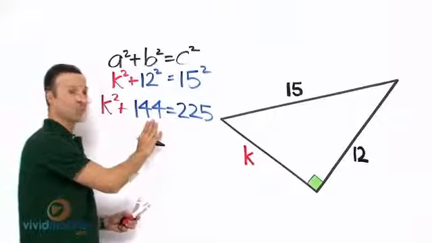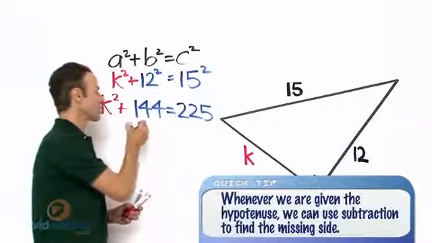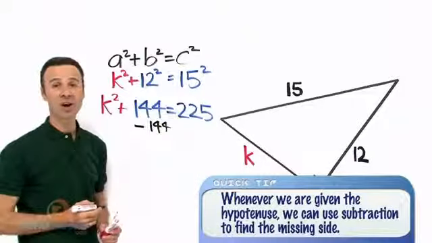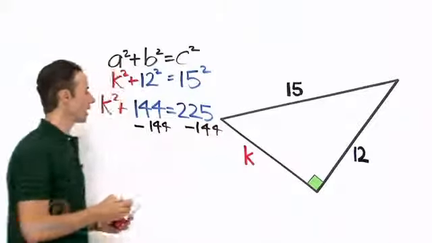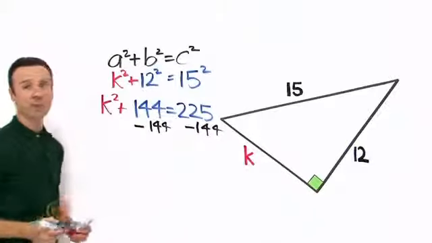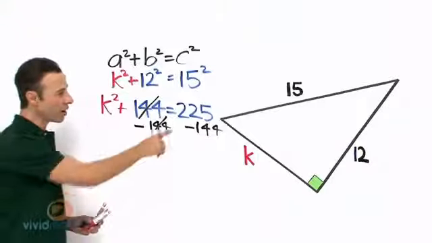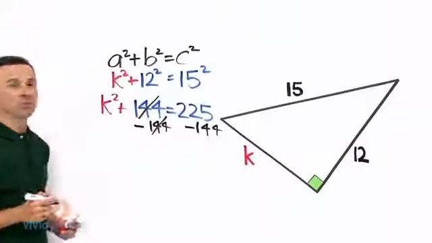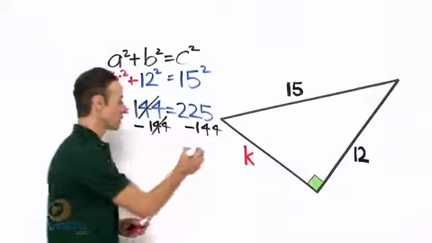So we're going to take this number here, 144, and bring it over to that side. We're going to take it away. So let's take away 144, and we do the same on the other side of the equals. Take away 144. Okay, so these guys eliminate. So they're gone. I'll cross that out, cross that out. And then we're left on the right-hand side here, 225 take away 144 on your calculator will give you 81. So let's write that down here,